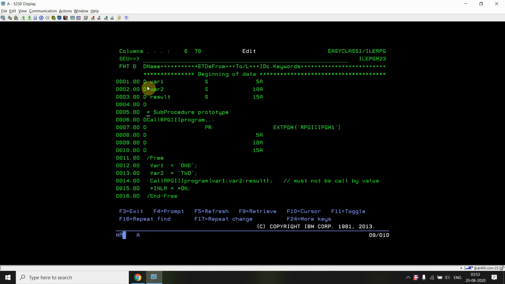So basically I'm calling that program which is accepting 3 parameters. As we all know, we will be using the prototype call. During the prototype call we can give any name to our procedure. For example, I have given the name callRPG3Program. Since this is a long name, I need to use the ellipsis, 3 dots after this, and the PR in the next line.